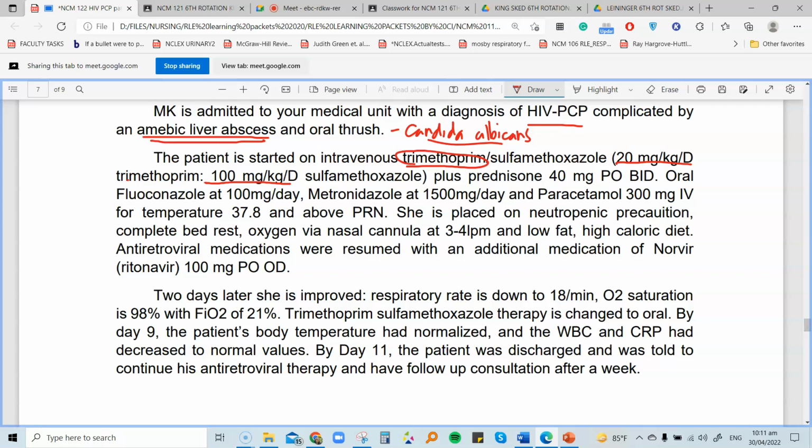Unfortunately, your client needs your anti-inflammatory agent prednisone because there is already an existing infection. So, weighing the benefits between giving your prednisone and not giving it, giving it outweighs because your patient is suffering from inflammatory reaction, especially in the lungs. There are inflammatory responses already in the lungs. And apart from that, you also have inflammatory response in your liver because there's infection there. And you have inflammatory response in your oral cavity because there is infection there. So, weigh the benefits, give your prednisone.